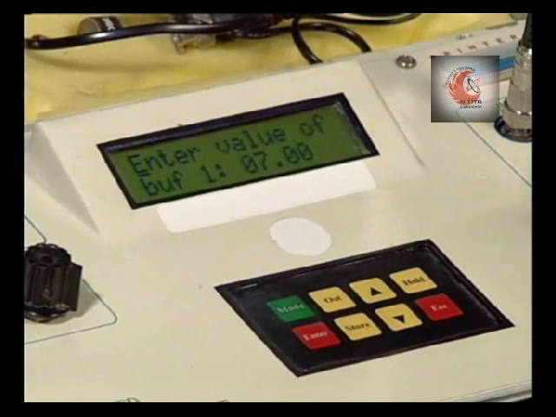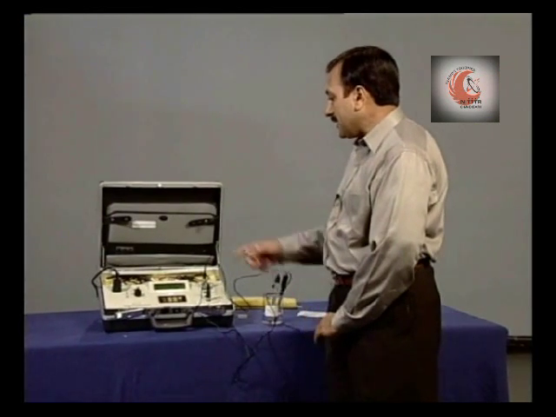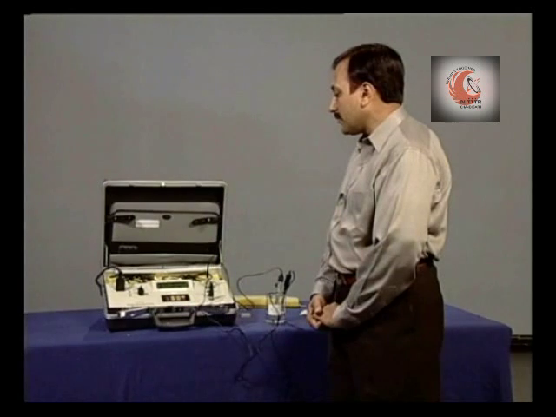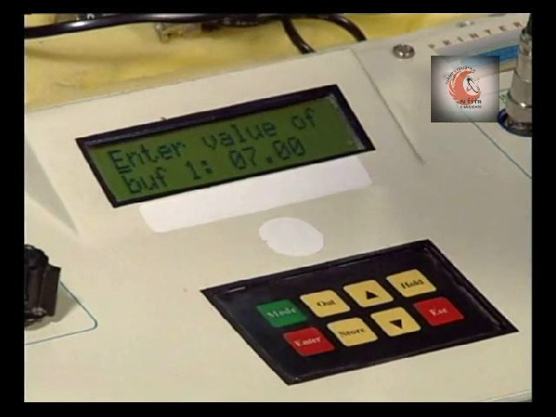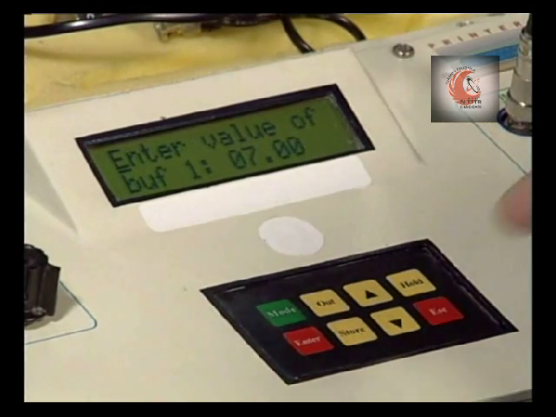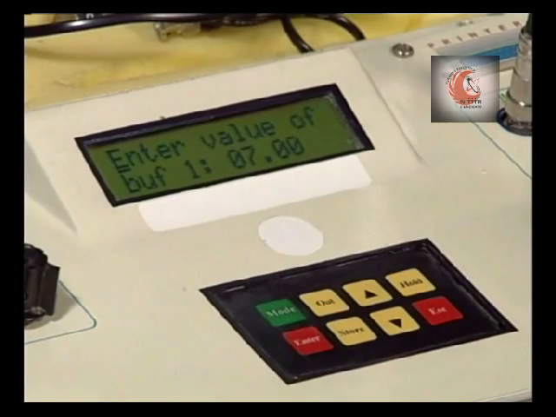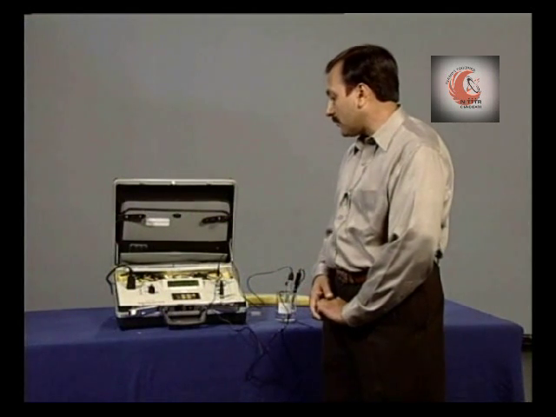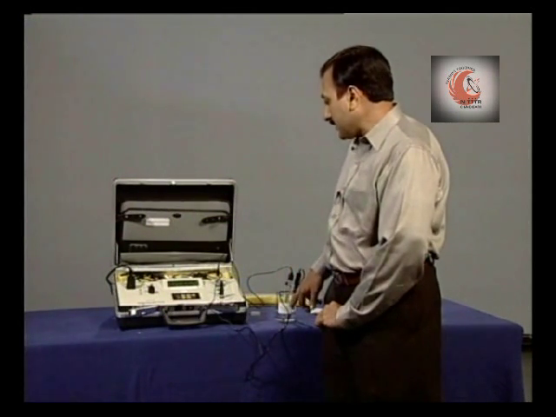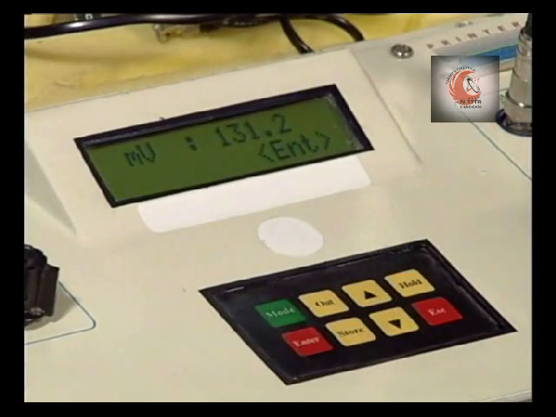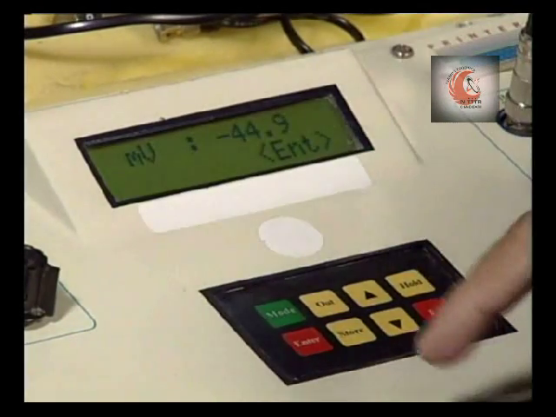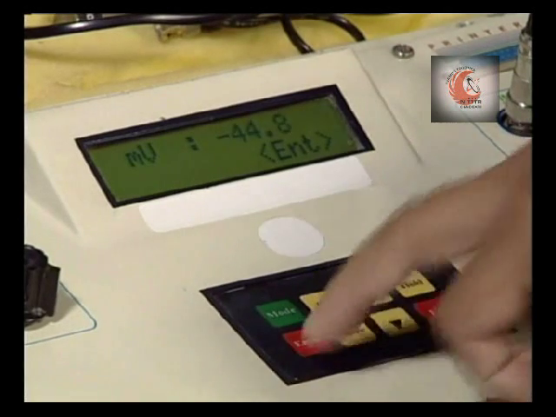Now it displays the pH value of the solution. If it matches correctly with this value, then we will press enter. Otherwise, using these two switches we can increase or decrease the value. Now pH is 7 and the same value is displayed. Let us press enter. So it displays some millivolt. Again press enter,